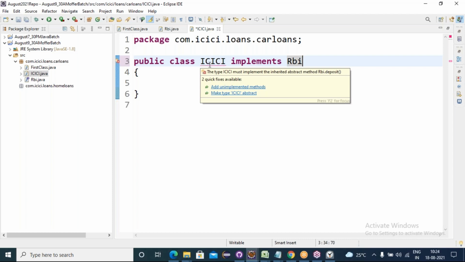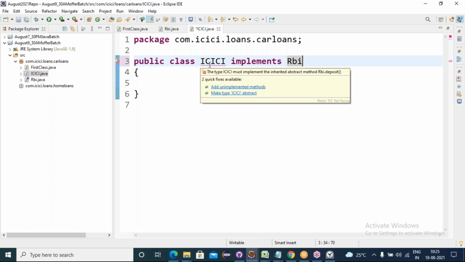What is it saying? Friends, read the error message and tell me the quick fix. Add unimplemented methods. Yes. The error says the type ICICI must implement the inherited abstract methods of RBA.